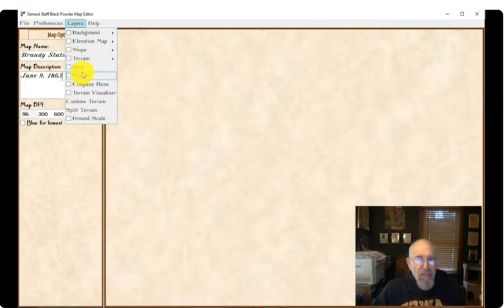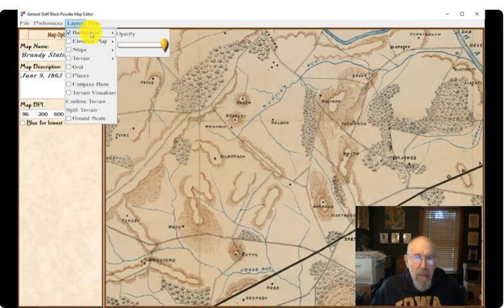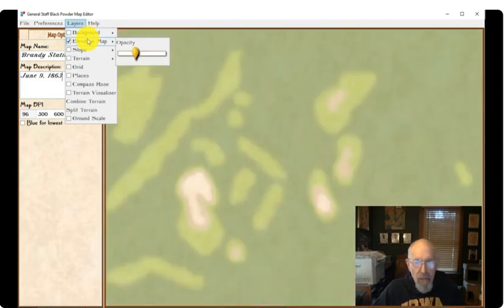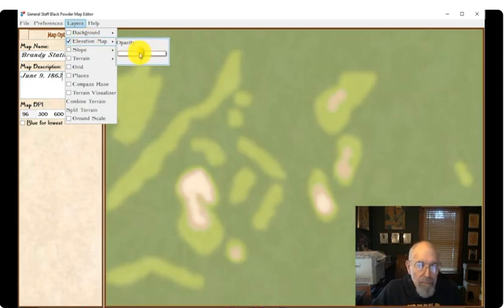So here we have just an absolute blank map. This is the background map, and this is the map that Gary sent me. This map is for us humans, because the computer doesn't care about this map at all. Next, we have the elevation map. Now, we created the elevation map, as you saw earlier, using those tools, and we can turn this up or down any way we want.